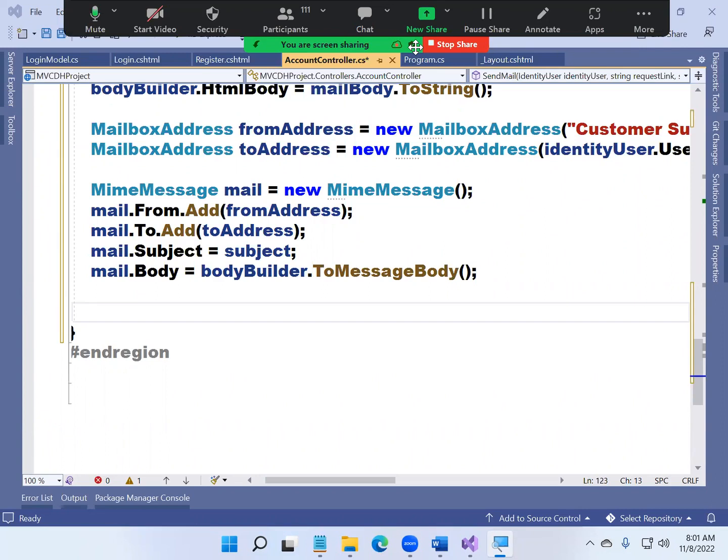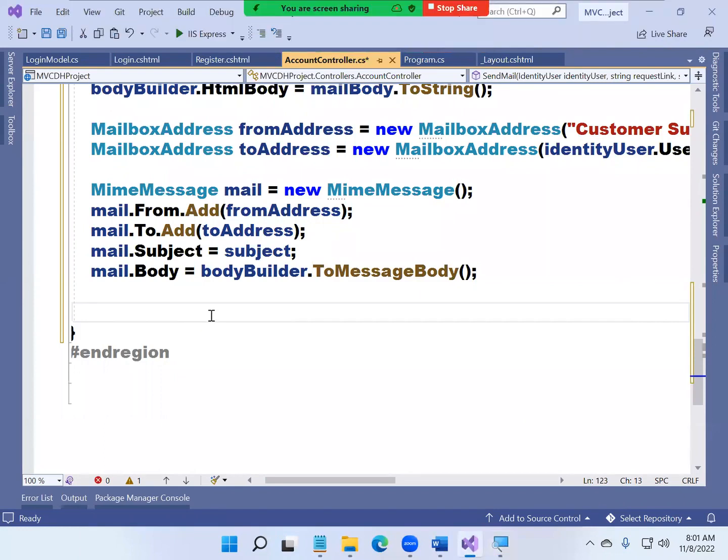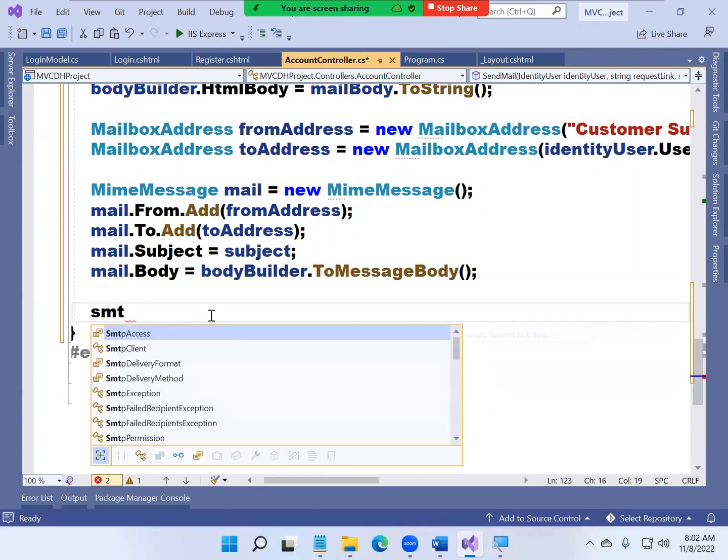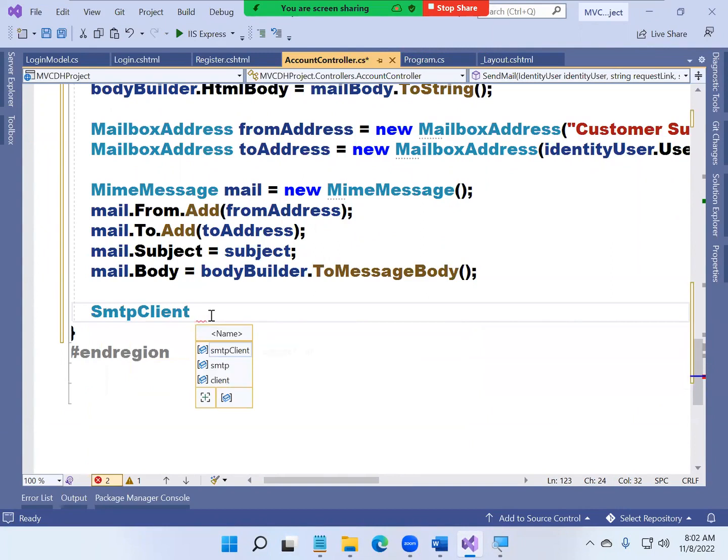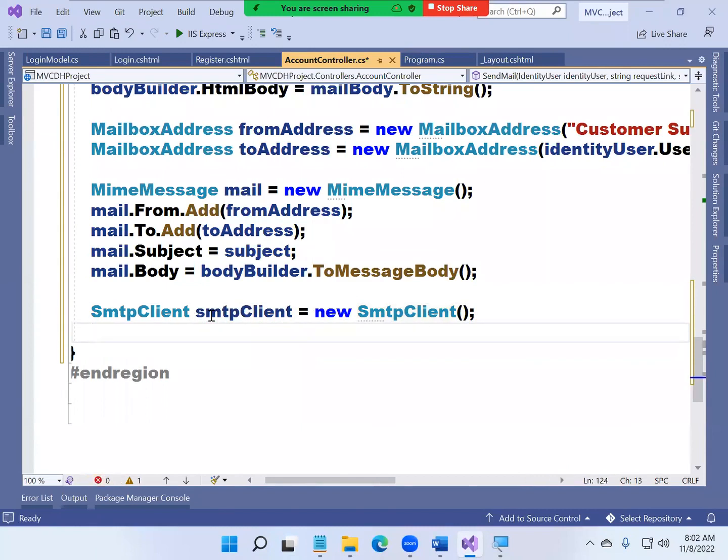So in such scenarios, guys, Google provides a free SMTP server for all the Gmail users. You can take the help of that free SMTP server. Are you clear? So what to do? First, you're required to create an instance of a class called SMTP client. SMTP client is equals to new SMTP client. Now, SMTP client dot